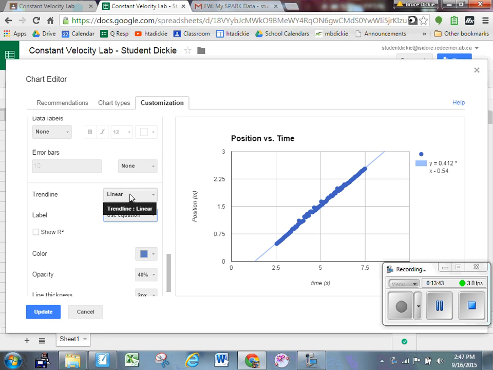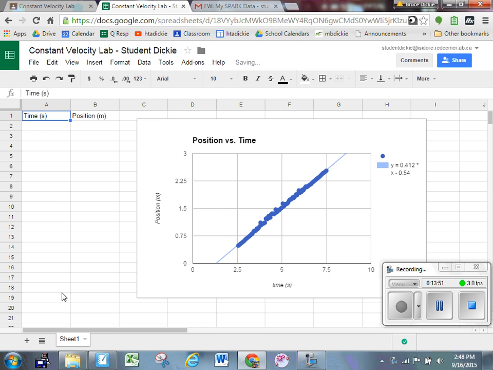So trend line, linear, label, use equation. Let's click update. My graph is now finished. All right, graph is done. I'm going to explain what some of these numbers mean in just a moment, but before we do that,